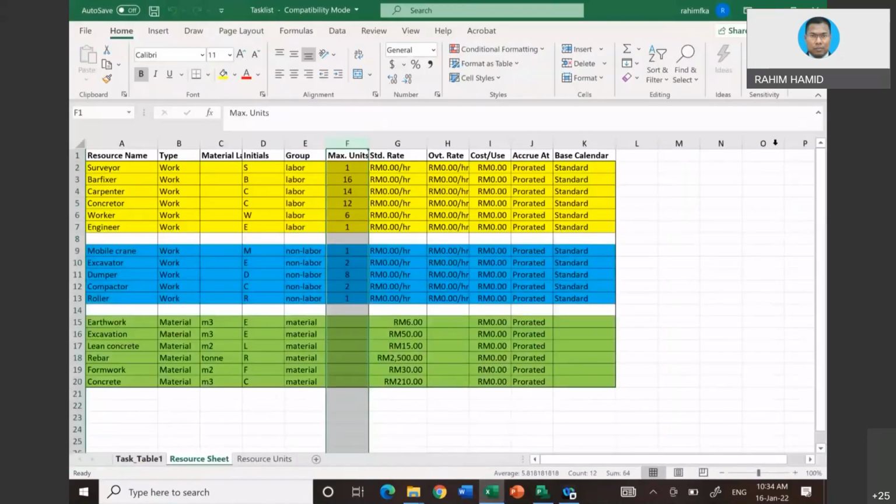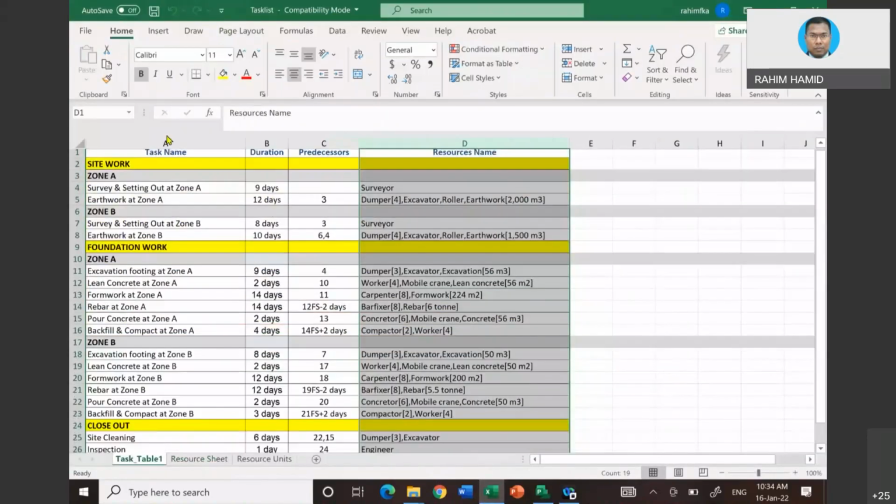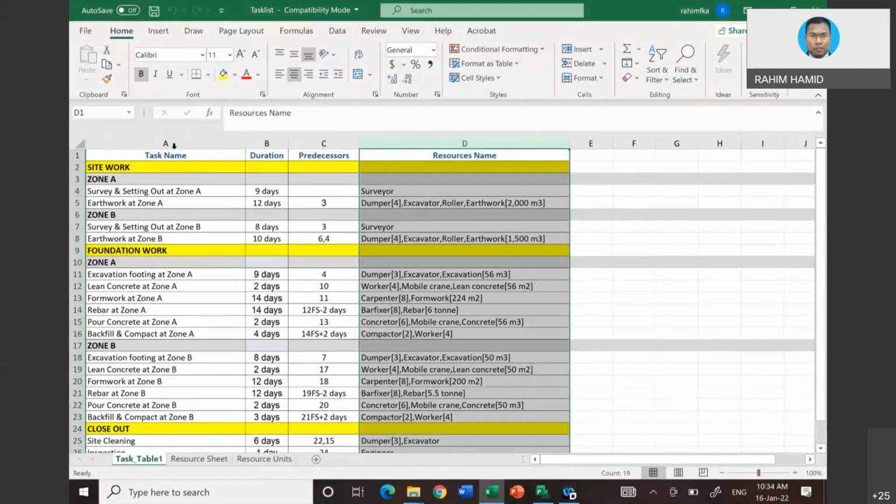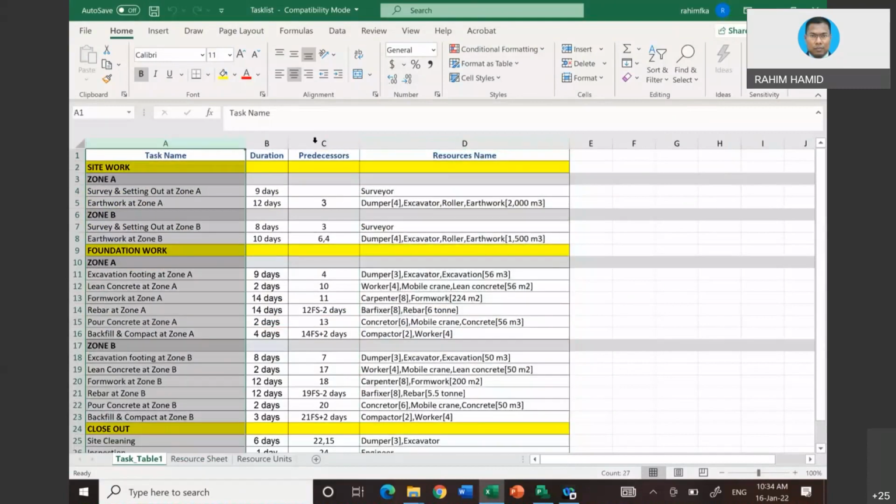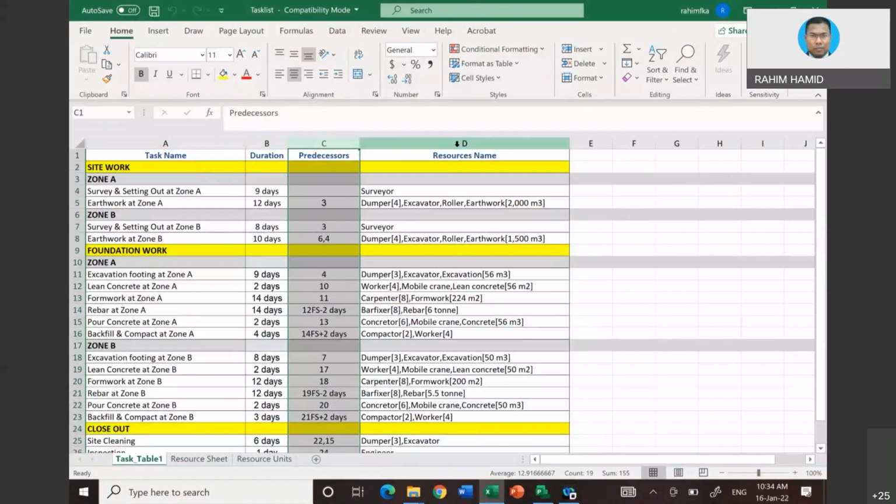You notice that I want to copy paste 3 columns at the same time: task name, duration, and predecessor. So instead of copy pasting one by one, you can copy paste the whole thing. I just want to reserve the resources column, just to show you. You can copy paste all,